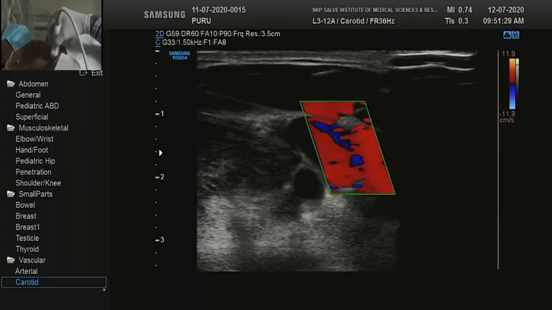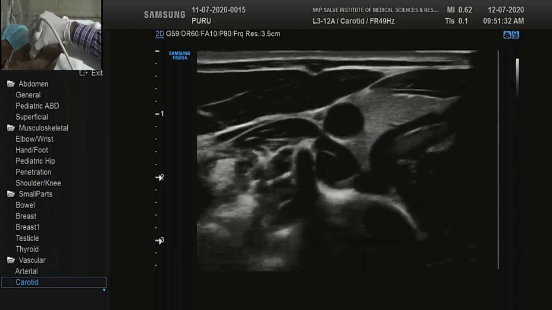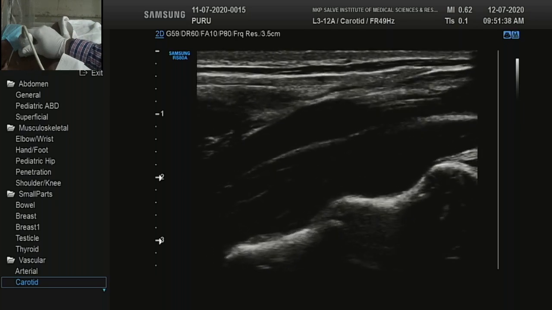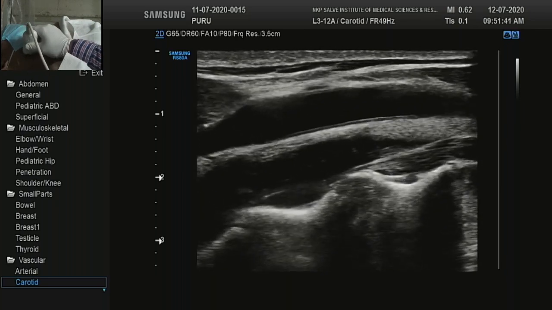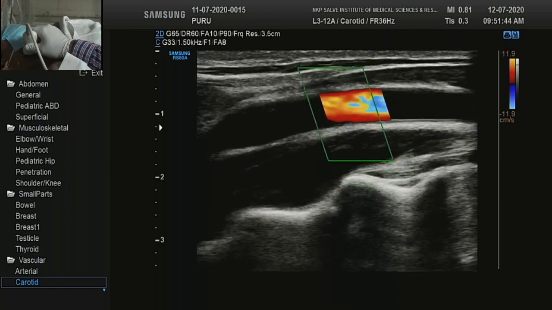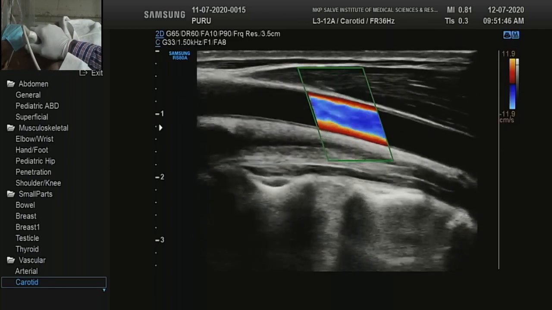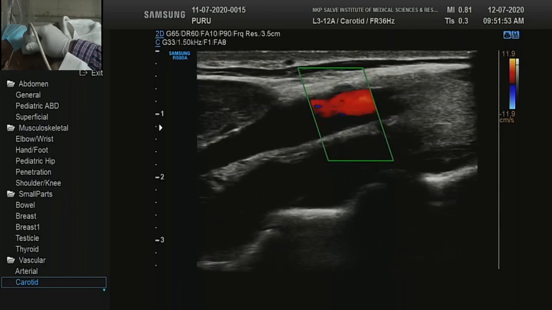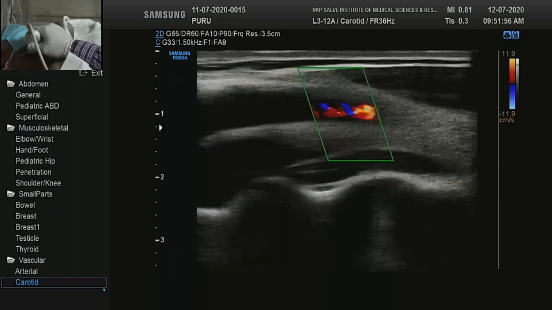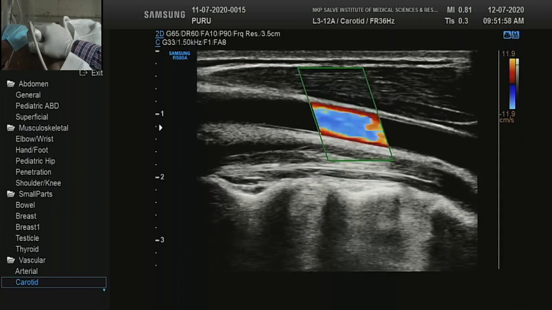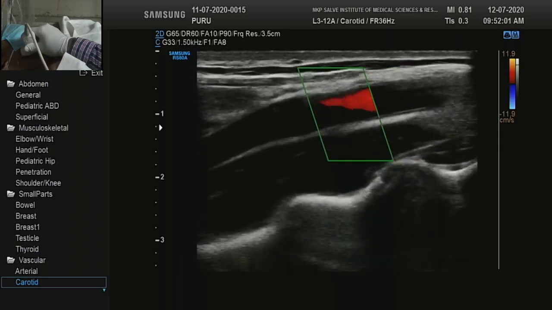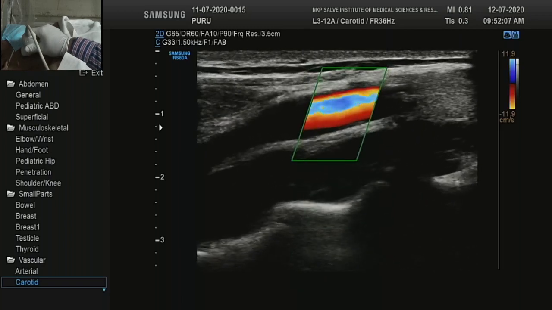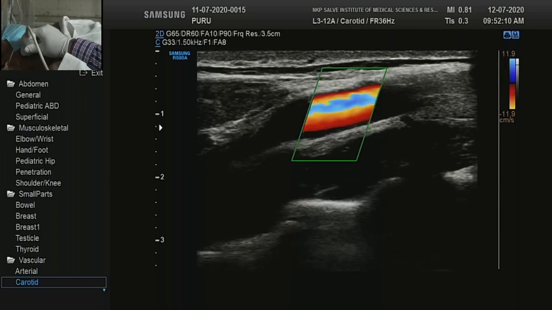We go back to common carotid, look for bifurcation again, and just before bifurcation we make a long section. Here we will put a color box. Now see, the vessel was making an angle like this here, and at the bifurcation the angle has changed. So if you see, the color box information has also changed. See the pattern of flow seen here, and see the pattern of flow seen here. It has changed. So what we will do here, we will just invert the steering. We have inverted the steering.